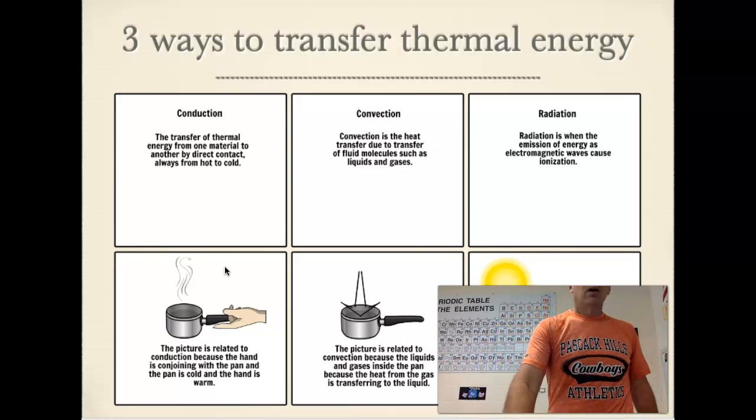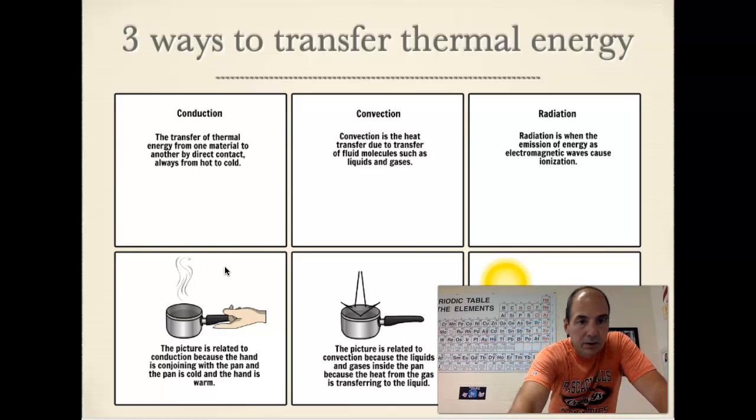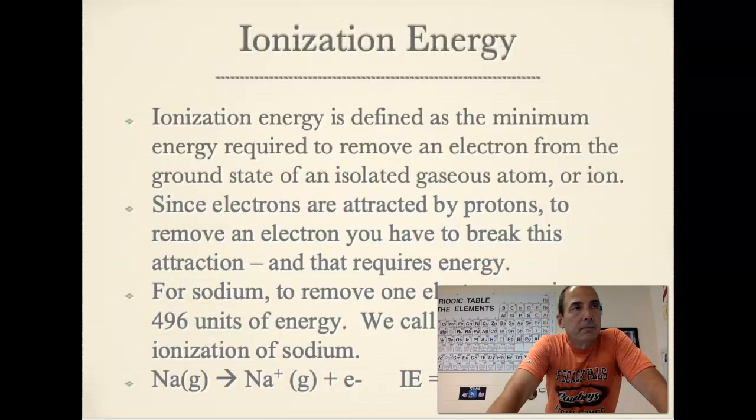All right, now heat is going to be something we come back to later in the unit, but we're going to talk briefly about one other type of energy specific to atoms called ionization energy. You see the word ion in there. An ion is a charged particle. So that means that in ionization we're talking about changing the charge of something. Specifically, it's defined as the minimum amount of energy required to remove an electron from the ground state of an isolated gaseous atom or ion. Really wordy. Don't worry about the ground state part because we're not ready to explain that.